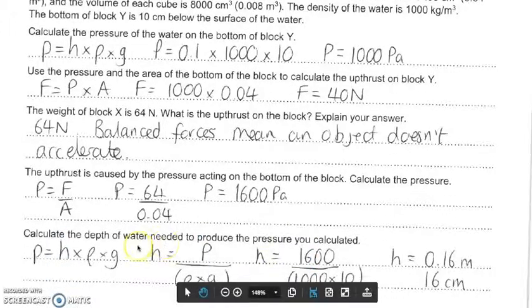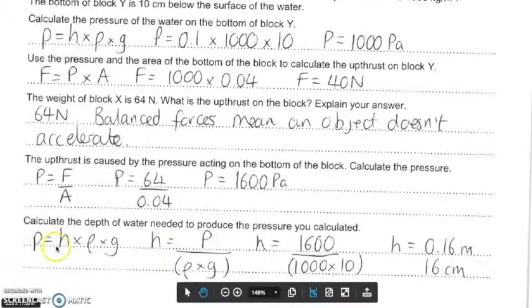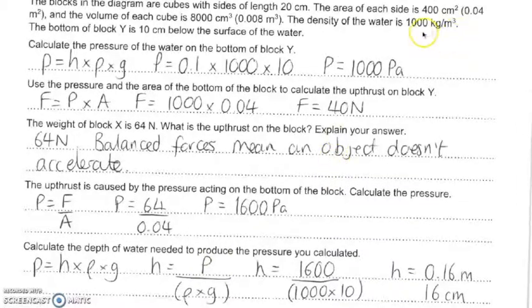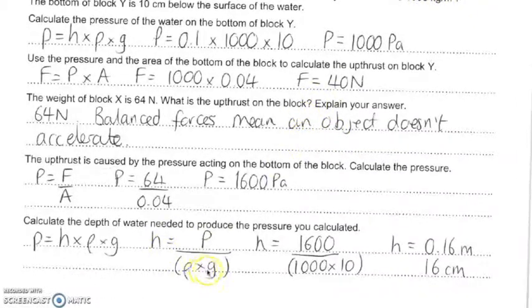And then finally it says calculate the depth of the water needed to produce the pressure you calculated. Okay, so we're going to use this equation here. We're going to rearrange for h, which is the height. Okay, so we know pressure is 1600. Okay, we know the density, it's 1000 kilograms per meters cubed, as it states in the question. We know gravitational field strength is 10, so 1600 divided by 1000 times 10 is 0.16 meters, which is 16